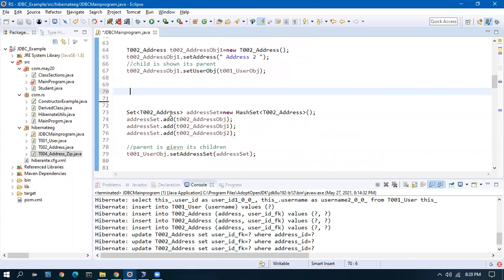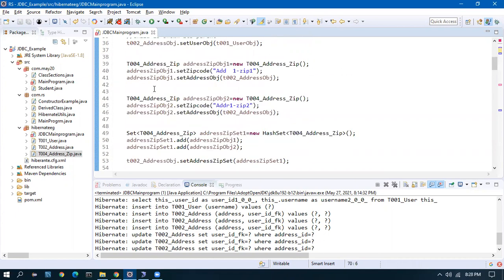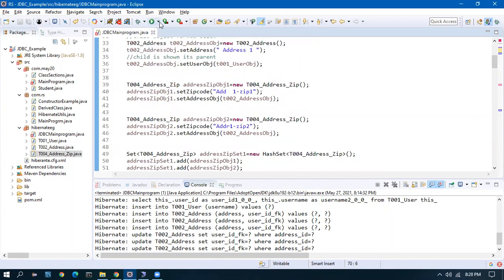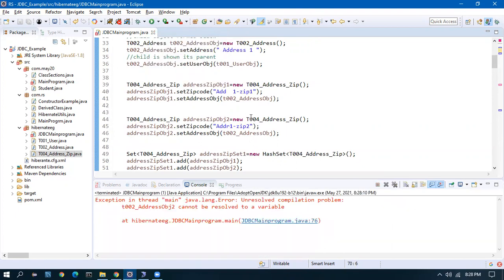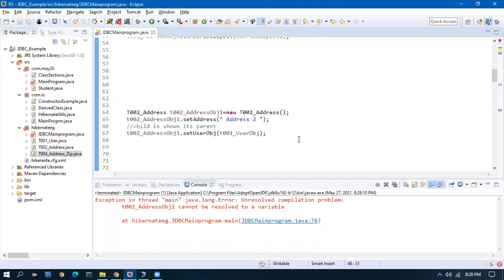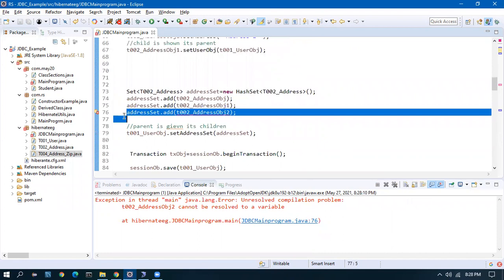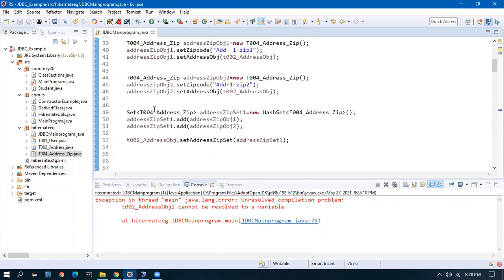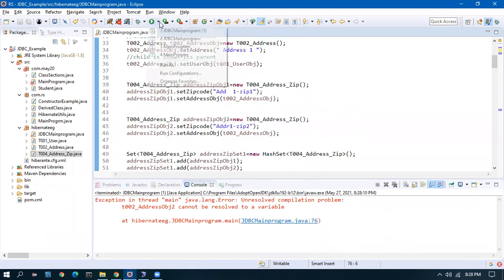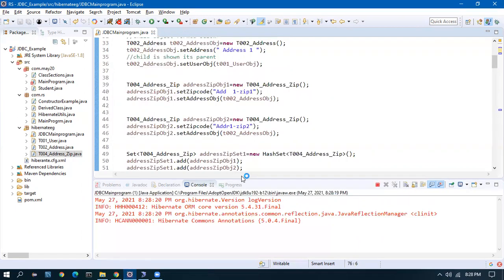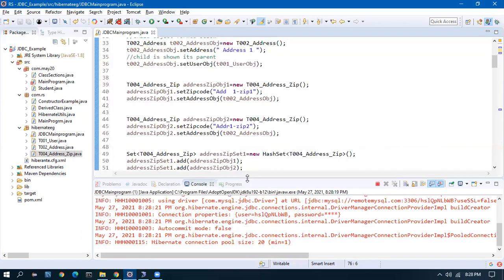Let me delete this so that the complexity is less. This mapping alone is the key thing. If you crack that mapping, if you understand that, that's all. There is nothing easier. You can easily solve everything. Okay, so let's see if everything is good.